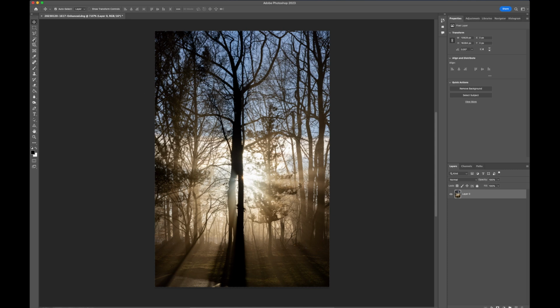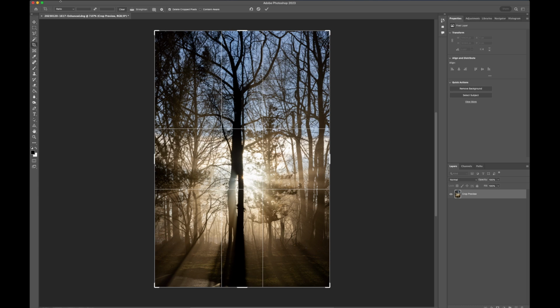So the first thing that I want to do, because I posted this as a square image, is crop first, just so I can get my positioning and composition the way I'd like it before going any further. And actually, if you look down here in the bottom, you can see that there's a part of a parking lot here. I shot this in a parking lot on my way to work. I want to get rid of this parking lot, this pavement over here, and I want to get rid of a lot of this blue up here, just so we can focus in on our starburst here.